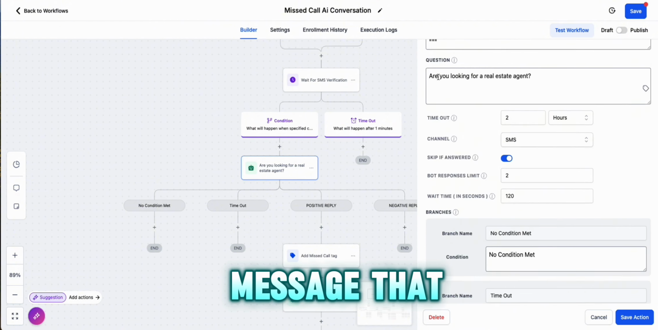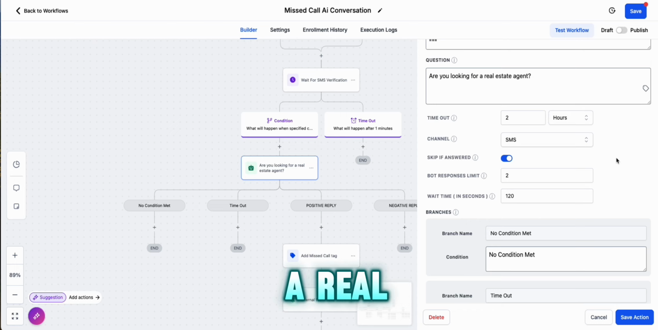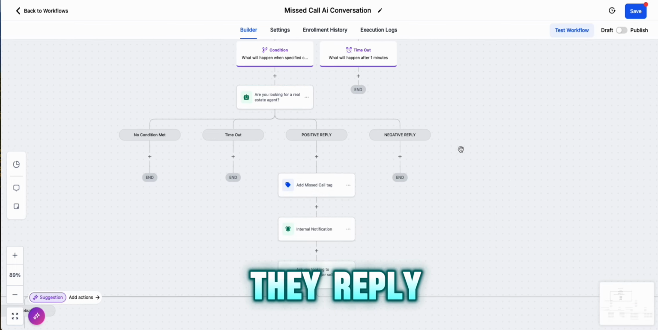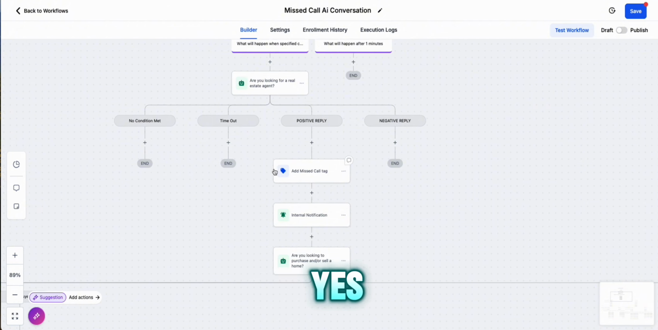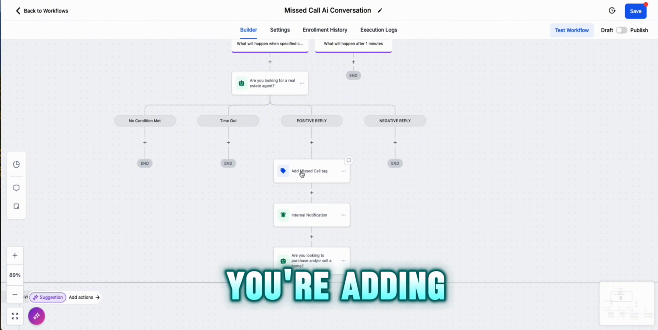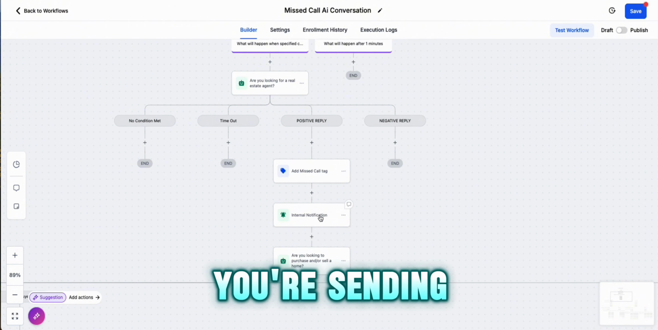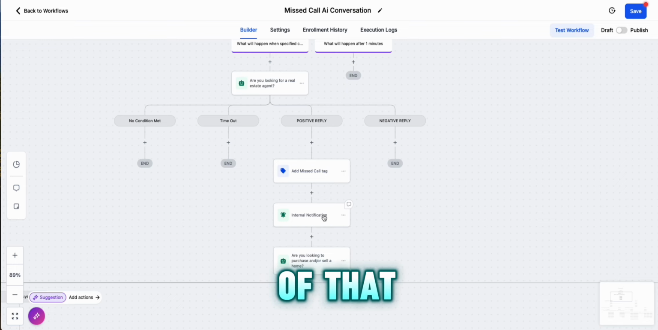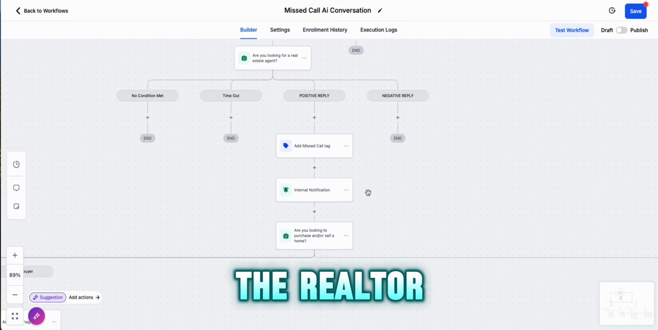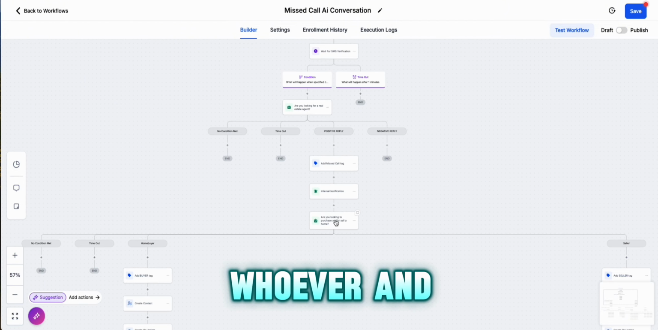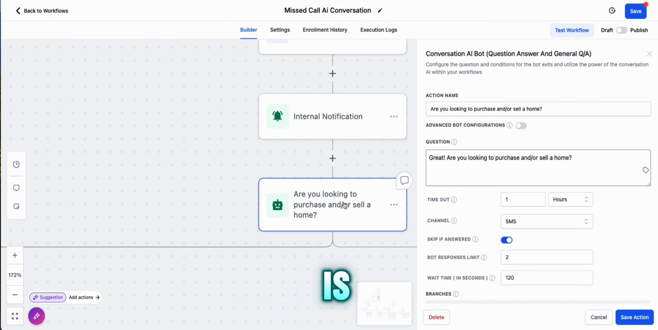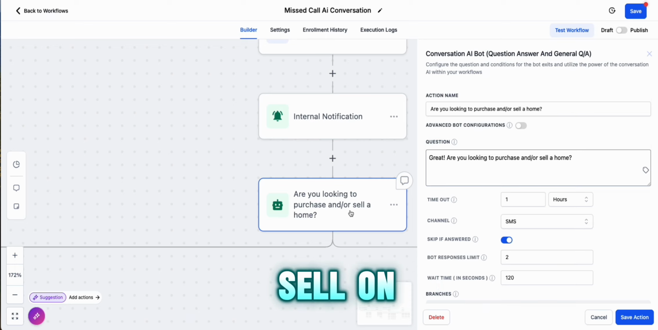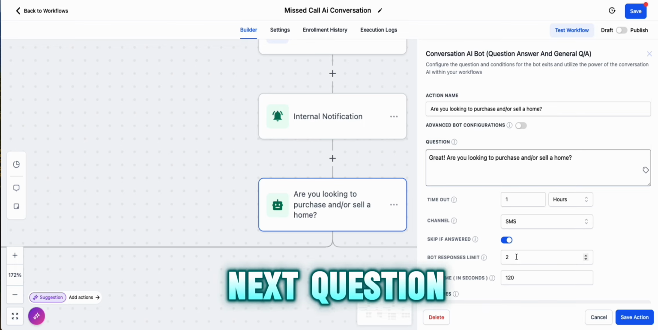So the first message that goes out is, are you looking for a real estate agent? And then of course, if they reply yes, you're adding a tag, and the notification is sent to the user of that sub account, right? The realtor or the lender, whoever. And then here, of course, is, are you looking to purchase or sell a home? That's the next question